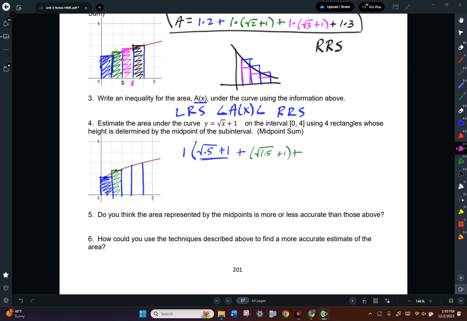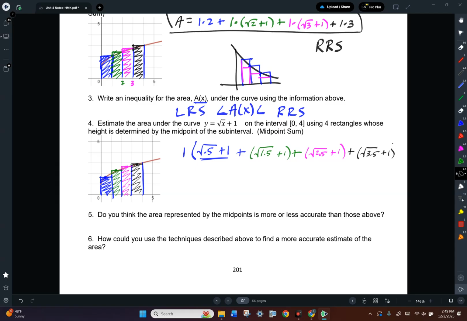And then the third rectangle is going to be based on the height at 2.5. So that one is going to be a height of the square root of 2.5 plus 1. And then the fourth rectangle is based on a height of 3.5. So whatever the height is at 3.5